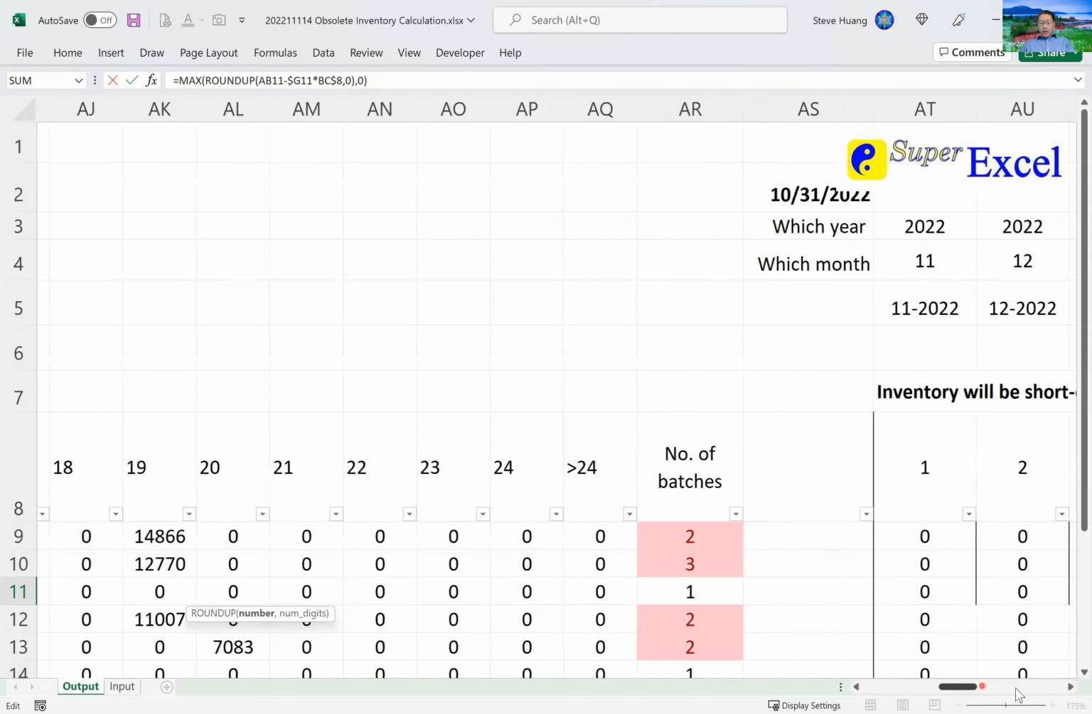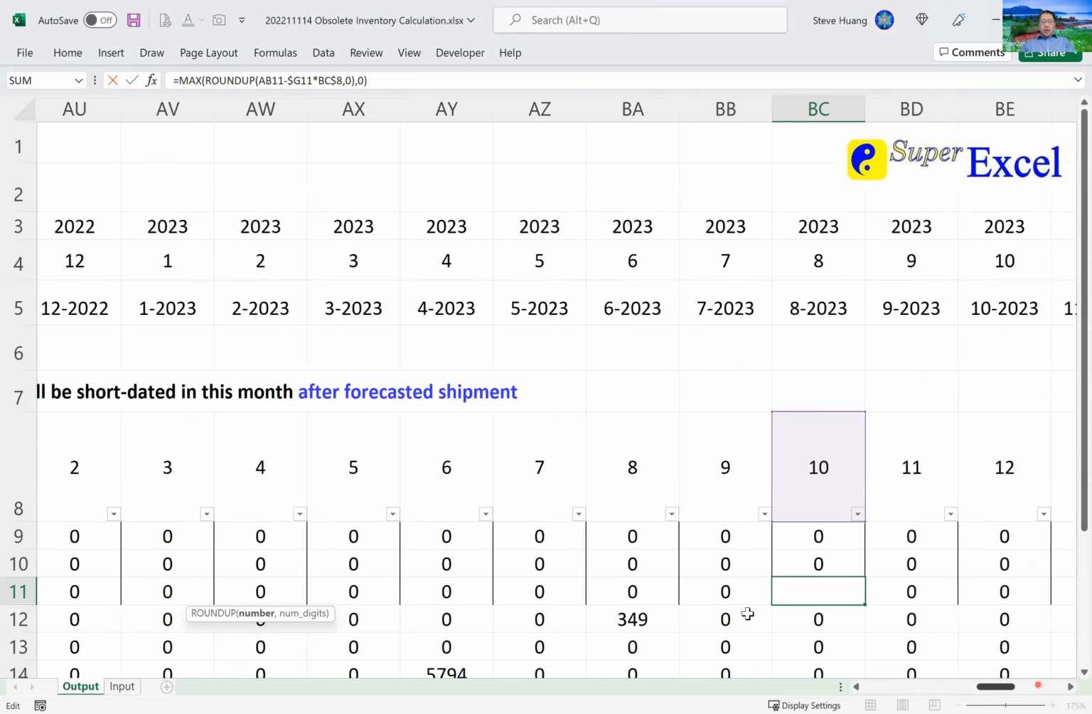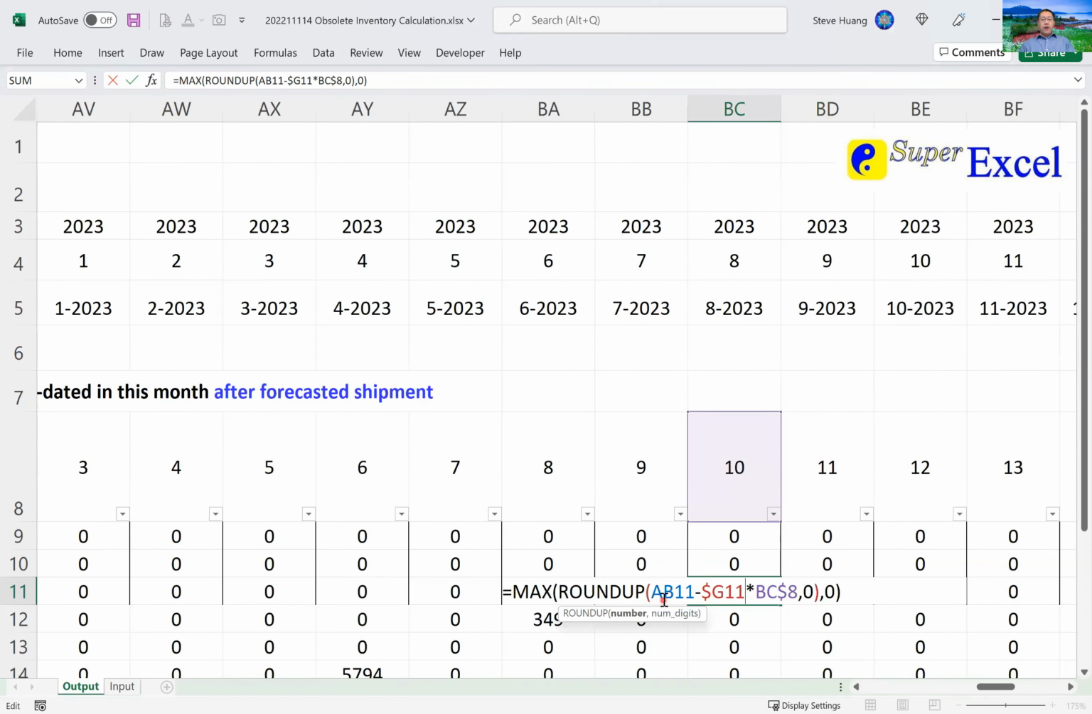And then here, our formula is taking that 3,103 units compared to that 10 month, multiply the monthly forecast. So we use the inventory, subtract how much we can ship out. That will tell us how much we have left over. If that leftover number is a positive number, that number will be returned. If it's a negative, the 0 will be returned. Here we're getting